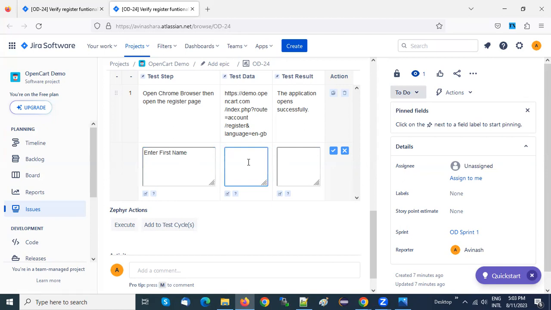Test data will be provided by the team leader, or sometimes it will be provided by the product owner. Sometimes it will be provided by the QA team, guys. So if you need test data, you can ask them and they will provide it. And sometimes you can test with general data also, guys. So enter first name, test data is